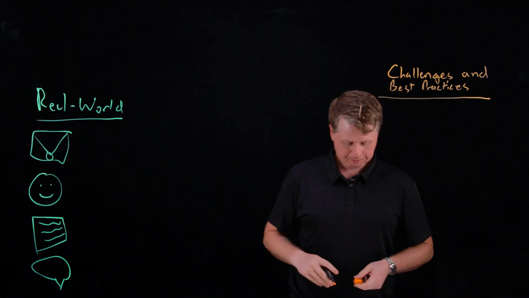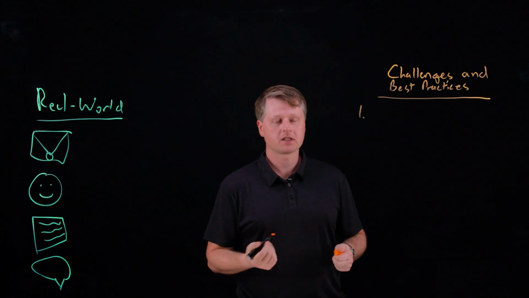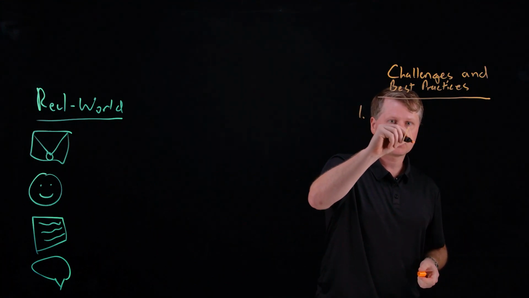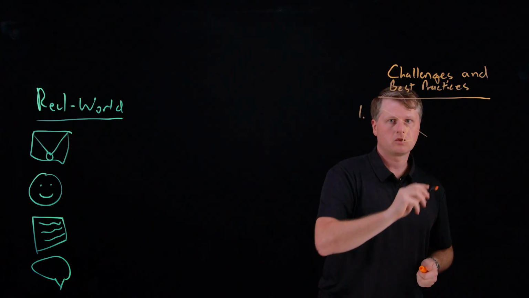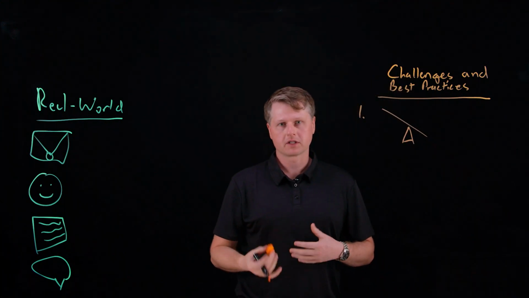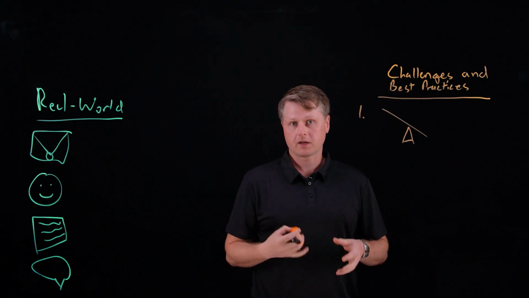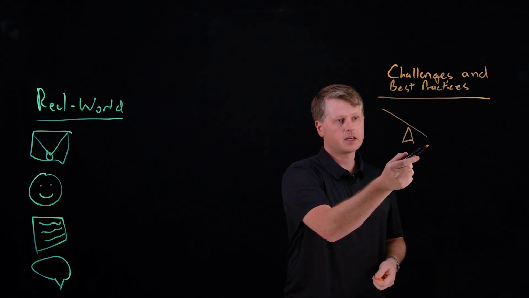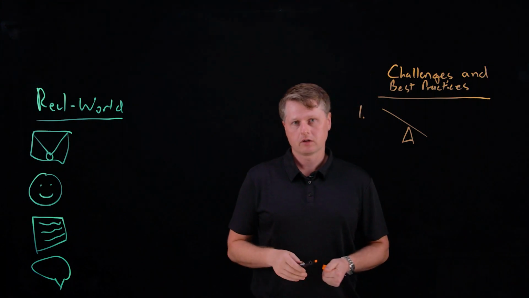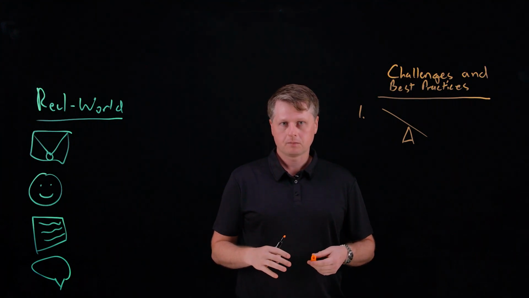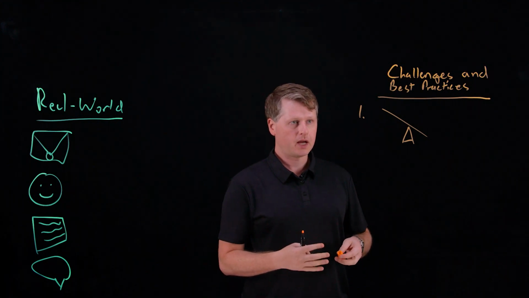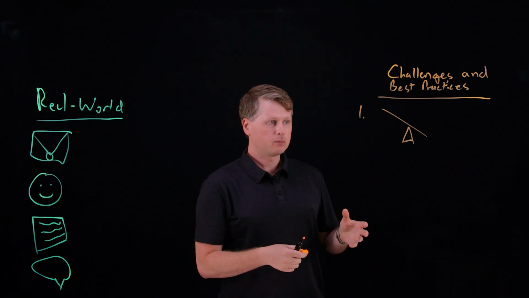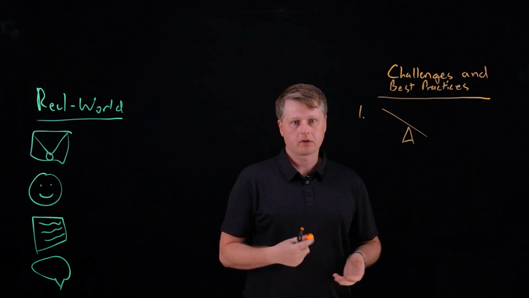The first one is what's termed imbalanced data sets. So you need to make sure that you have the right number of examples for each type of thing that you're trying to classify. If you have too many of one type or too little of another, the output of your model won't be as balanced as you want it to be. So you need to make sure that you have the right number relative to the output that you're expecting.